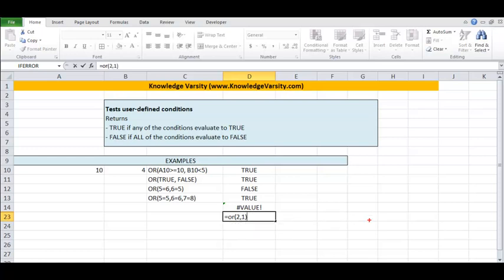Please note that 2 is not a logical value. So will this work? As I said, anything which is not 0 will be considered as 1 by Excel. So here 2 is not 0, so it will be considered as 1 by Excel. So you are saying 1 comma 1, and as a result it will not be an error. See, it is not an error.